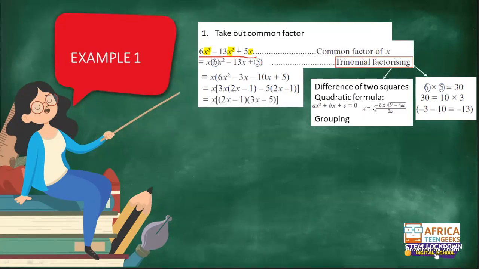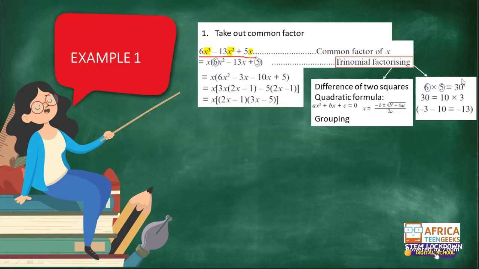With the quadratic formula, you would just need to identify that your A is 6, your B is negative 13, and your C is positive 5. When you identify your A, B, and C, please make sure that you have your correct sign so that when you substitute, you will have the correct value. These are just some of the methods to find your terms.